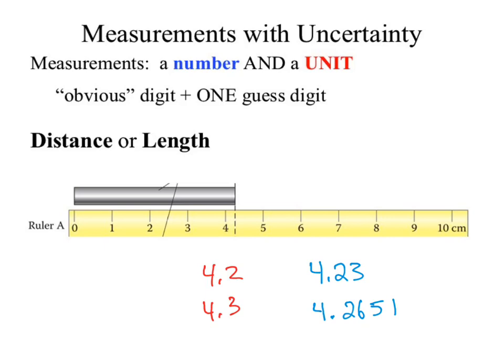The numbers in red are valid. The numbers in blue are invalid. Blue are all wrong. Officially, all of these are wrong. Why are they all wrong? Because you guessed too many numbers? It's not indicated, it's only going by one centimeter. There is a unit specified on here. All of these are wrong because we didn't specify the unit.